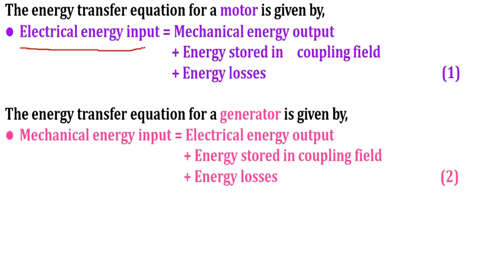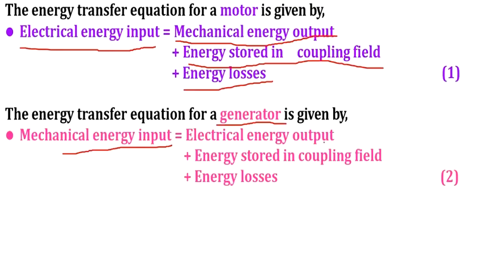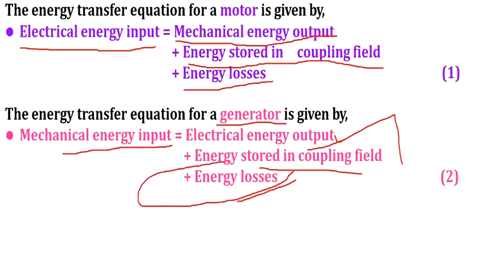Here it is explained: electrical energy input is equal to mechanical energy output plus energy stored in the coupling field plus energy losses. For a generator, mechanical energy input is equal to electrical energy output plus energy stored in the coupling field and losses. So whatever input we are giving, some part of the input will be taken as output and some part of the input is lost due to various reasons,